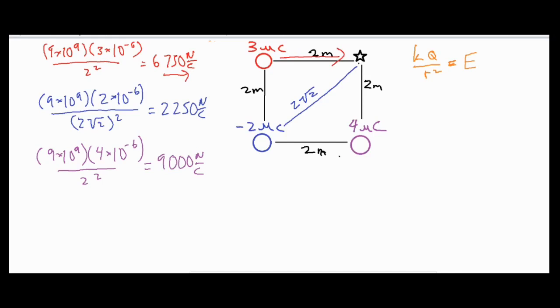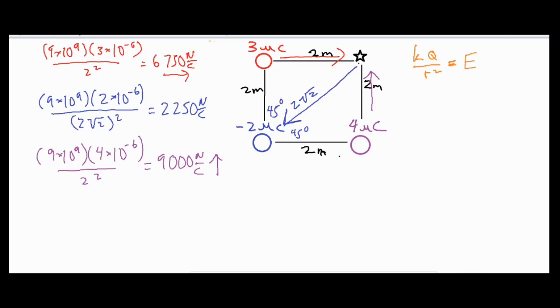And then for the purple one, it is also positive, so this is going to be pointing away from it, which means pointing upwards. And for our final electric field of 2,250, that one is going to be pointing towards the -2 microcoulomb charge, in this direction. Now it's going to be on a 45-degree angle because we are splitting this 90-degree angle, so it's going to be 45 degrees